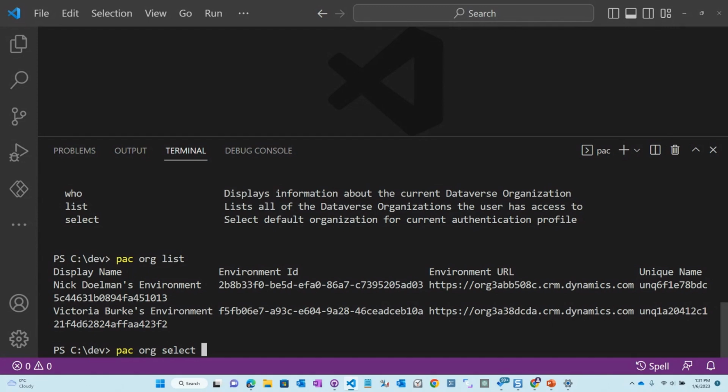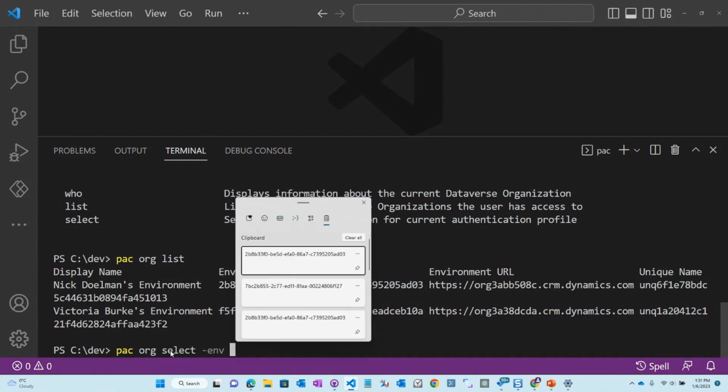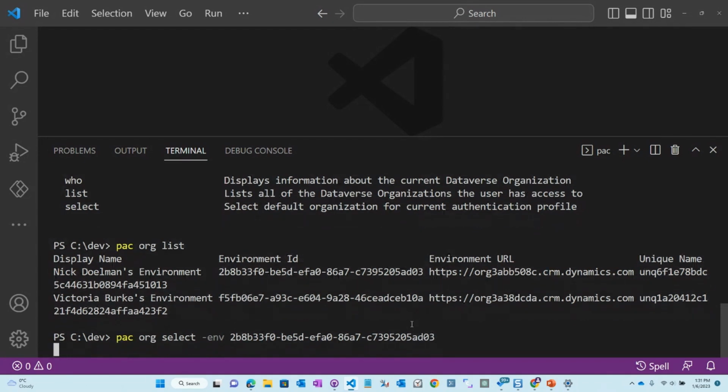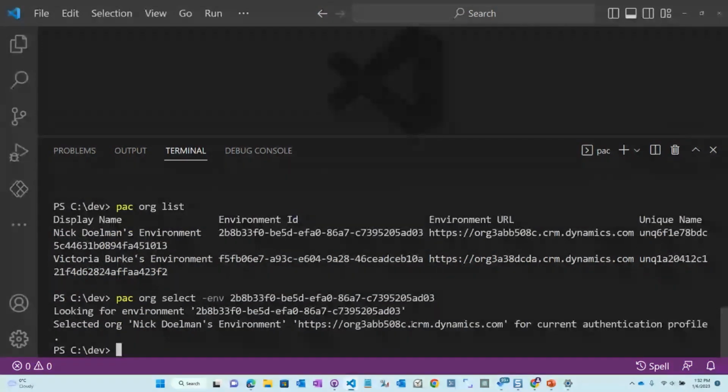And then we have the parameter that we need to pass, dash environment. I'm going to hit my clipboard here and paste that in. Another quick tip: Windows V as opposed to Control V, that's your friend. You can actually save a whole bunch of things when you do a copy. So I've selected this, I'm going to click enter, and now I'm basically going to be connected for the Power Platform CLI. I'm being connected to that particular environment.